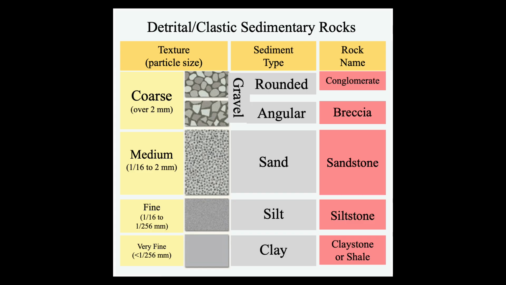So let's look at some of the different classifications. The largest: if a rock contains fragments that are over 2 millimeters in size, then fragments in that size range are referred to as gravel. And if they're over 2 millimeters in size, we can usually tell how well rounded the fragments are. So we subdivide this classification based on